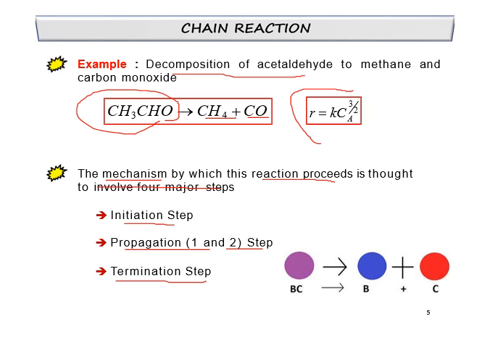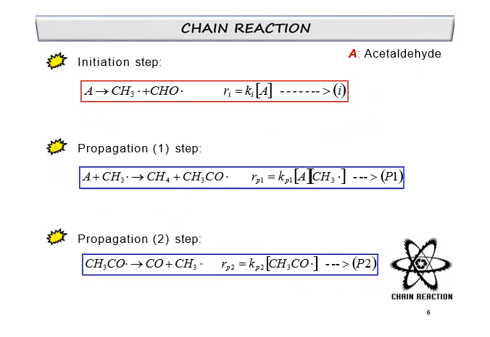And this is the rate law for decomposition of acetaldehyde that produces methane and also carbon monoxide. So untuk example acetaldehyde to produce methane and carbon monoxide, kita nak tengok macam mana initiation step dia, apa yang terbentuk, and then after initiation step, apa pula the elements yang bergabung untuk pergi ke the next step. Okay,